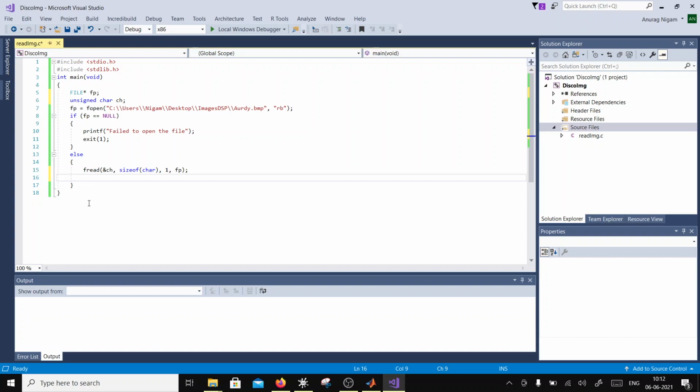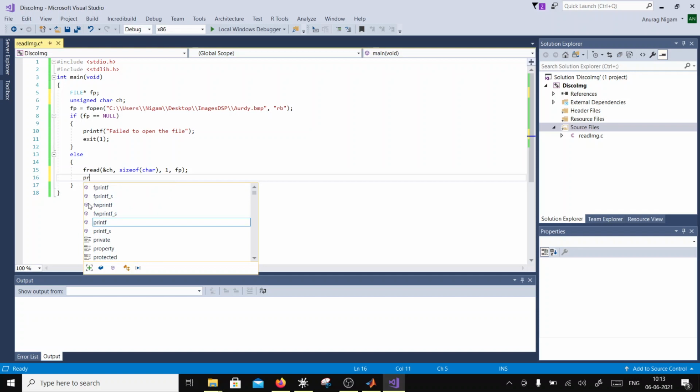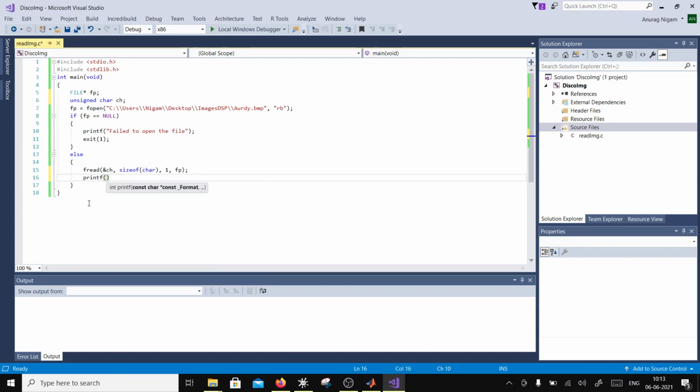So I'm going to say here printf, "file signature %c".